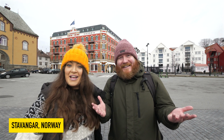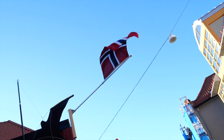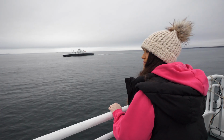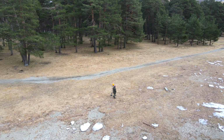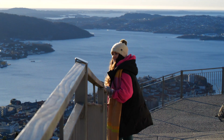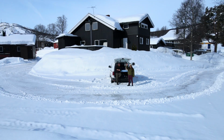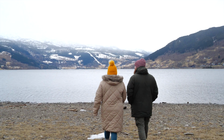We are in Norway. And over the next few weeks, we're going to be exploring around this beautiful country. Norway is a stunning Scandinavian country located in northern Europe. It's renowned for its breathtaking natural landscapes, vibrant cities and rich cultural heritage. From majestic fjords carved by ancient glaciers to picturesque villages nestled among snow-capped mountains, Norway offers a diverse range of